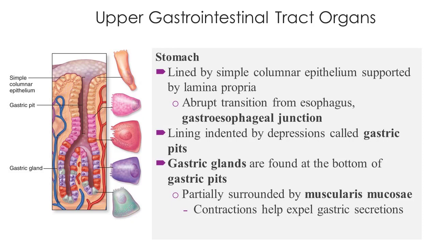And these cells are going to be continuous on the surface down this gastric pit. And as this extends downward, this is going to branch, and this is going to be a tubular gland. And all of the cells down at the base of this area, this is going to be our gastric glands. And these gastric glands and the pits and even the lining, they're going to have these different cell types that are going to help us with the process of digestion, as well as producing materials